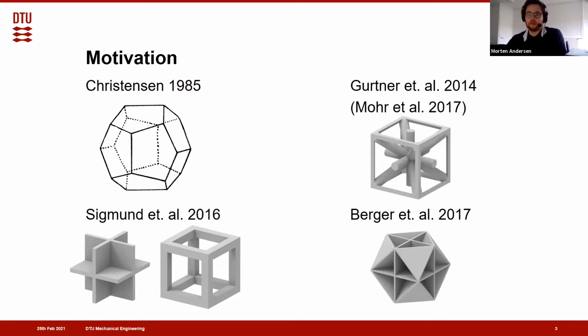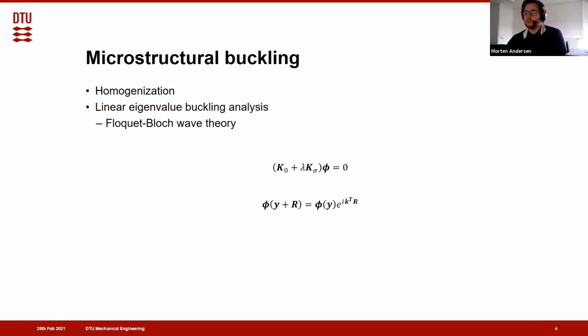So we set out to add to this discussion by a systematic study of these common single-scale microstructures from the literature. So basically, we do homogenization, and then we do linear eigenvalue buckling analysis with the addition of Floquet-Bloch wave theory. So basically, we have this eigenvalue problem, and we have this Floquet-Bloch operation we add to the